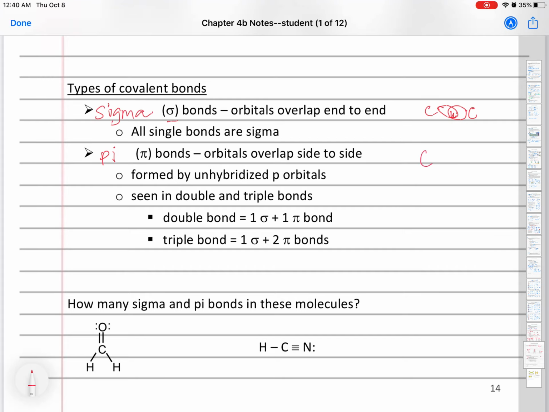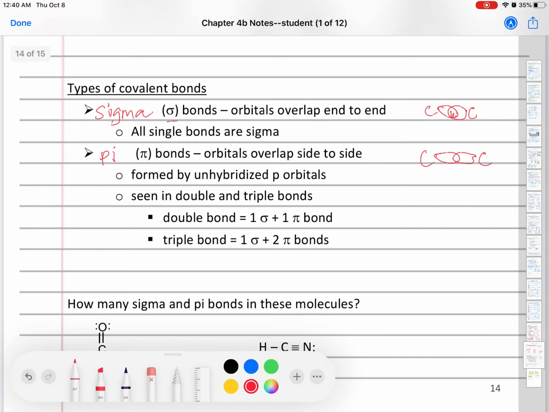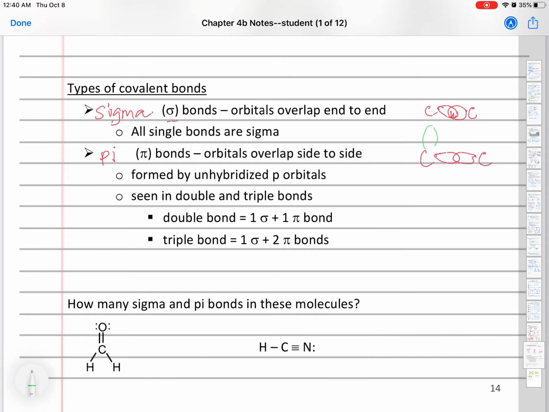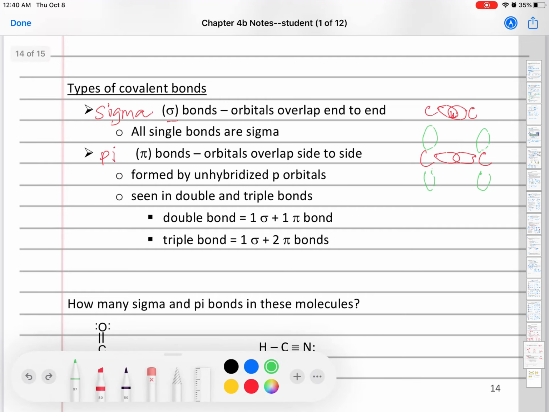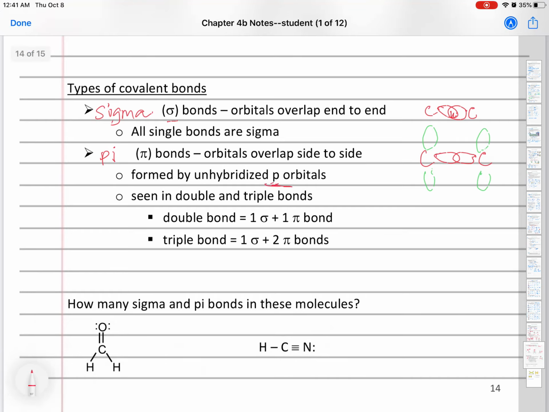Pi bonds reach up. So sigma bonds are sort of horizontal, and pi bonds are above and below. These are just sort of orbital shapes. They're 3-dimensional zones where electrons can fly around and be shared. So the pi bonds are formed by those unhybridized p orbitals, those leftover p orbitals, and we see them in